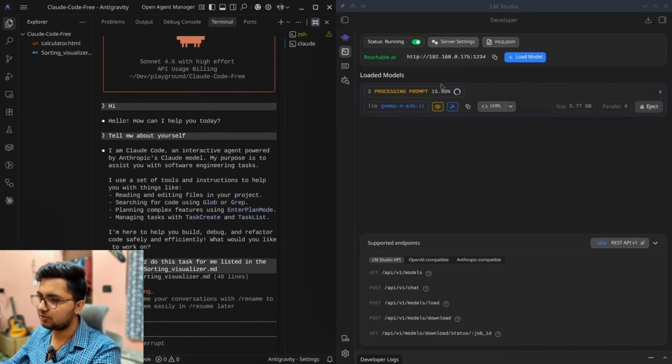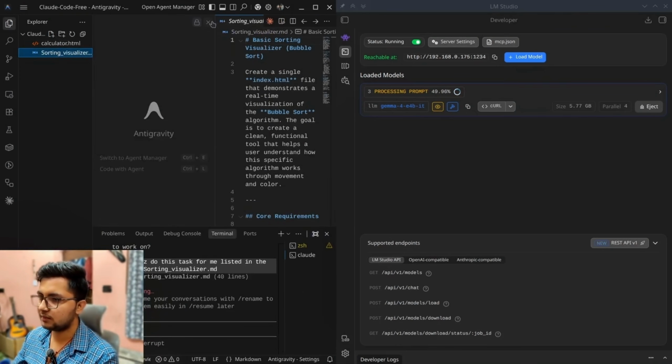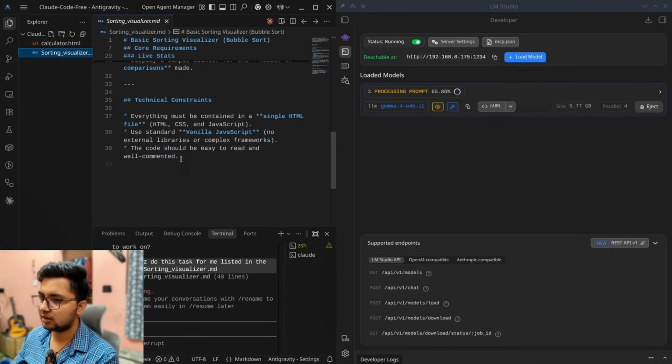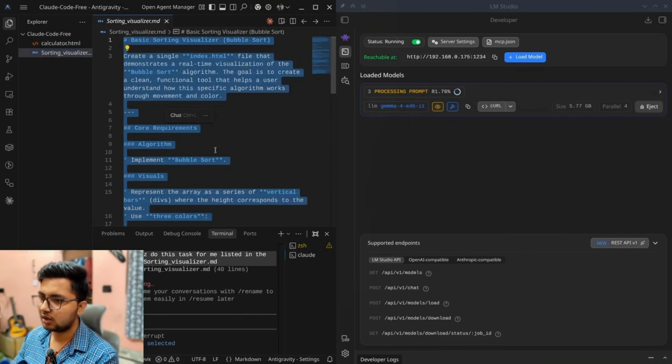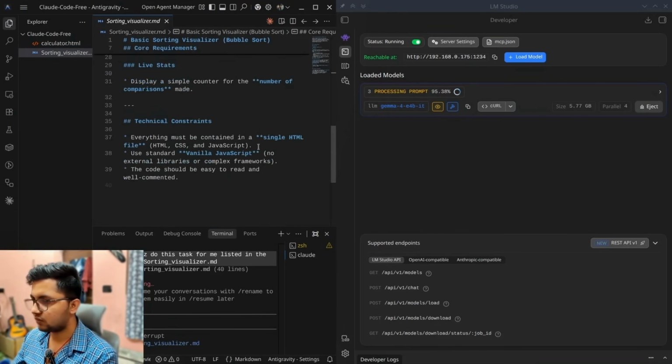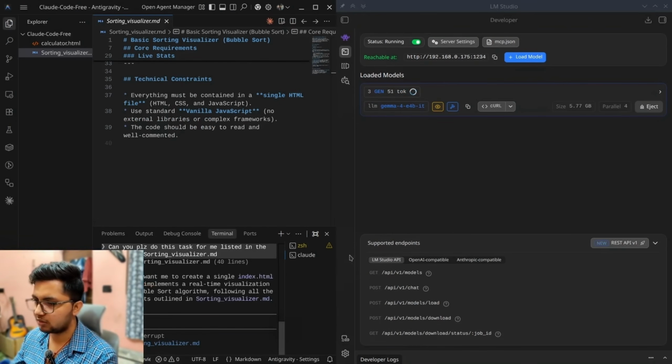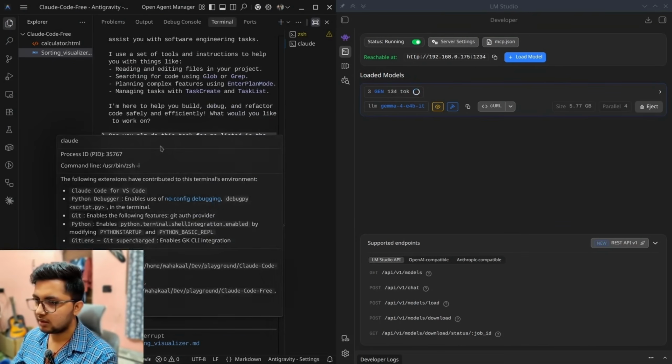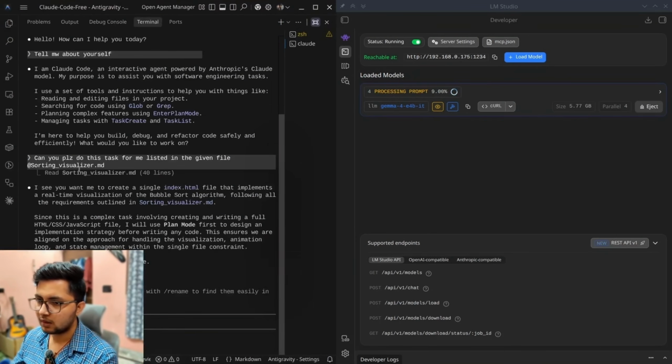And now it is again processing our prompt, and this will take a while because this is a big file, if you'll see. So close this. We have around 39 lines of text over here, so this should not take a lot of time, and the prompt is already processed. Now it is telling us, I see you want to create a simple index.html file that implements a real-time visualization of the bubble sort algorithm, following all the requirements outlined in sorting visualizer.md. Since this is a complex task involving creating and writing a full HTML, CSS, JavaScript file, I'll use plan